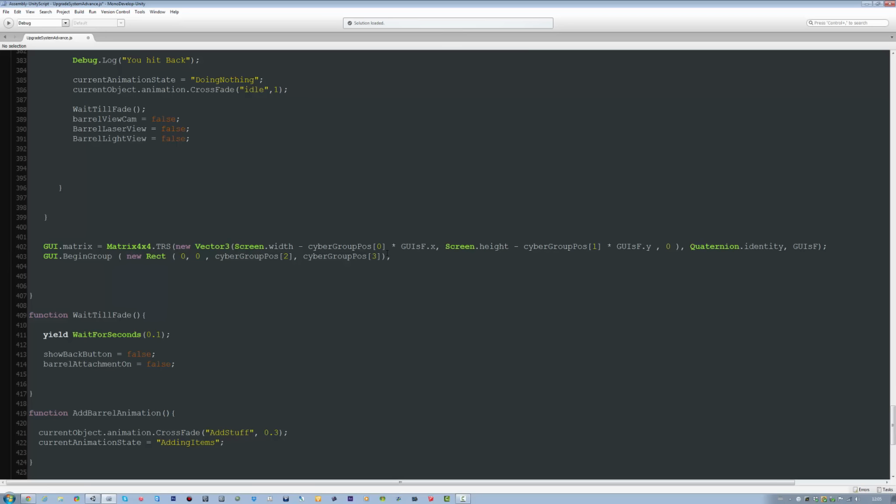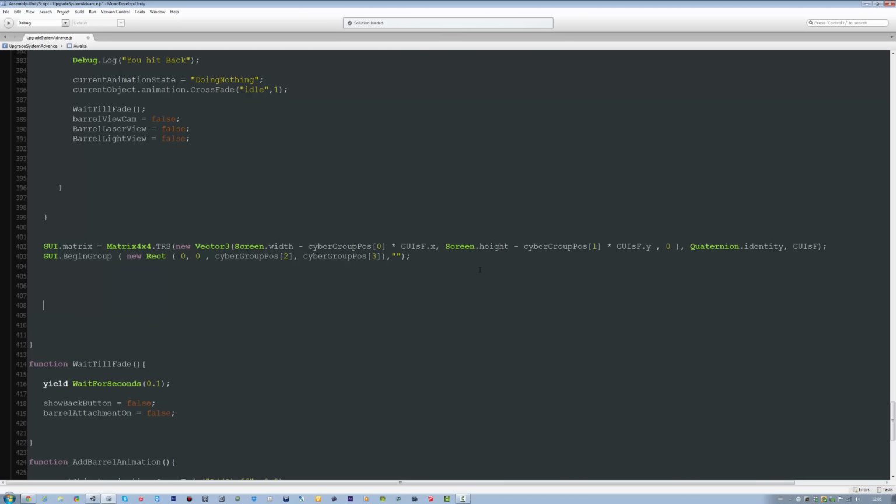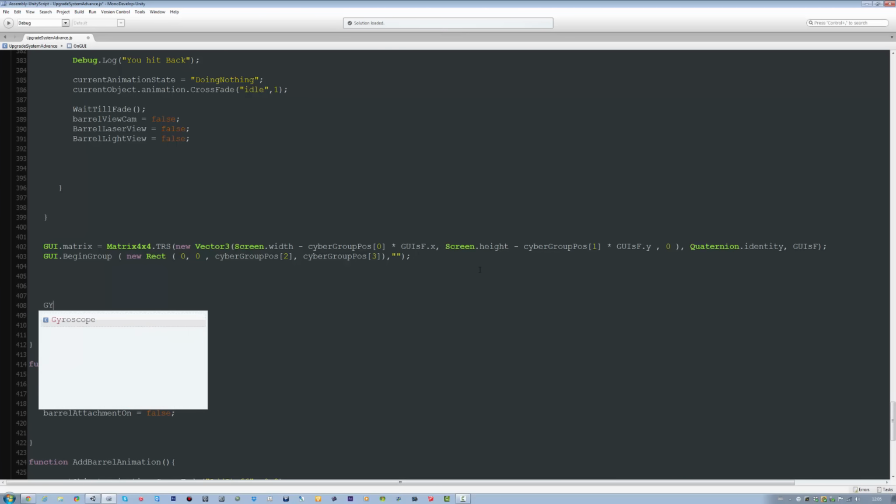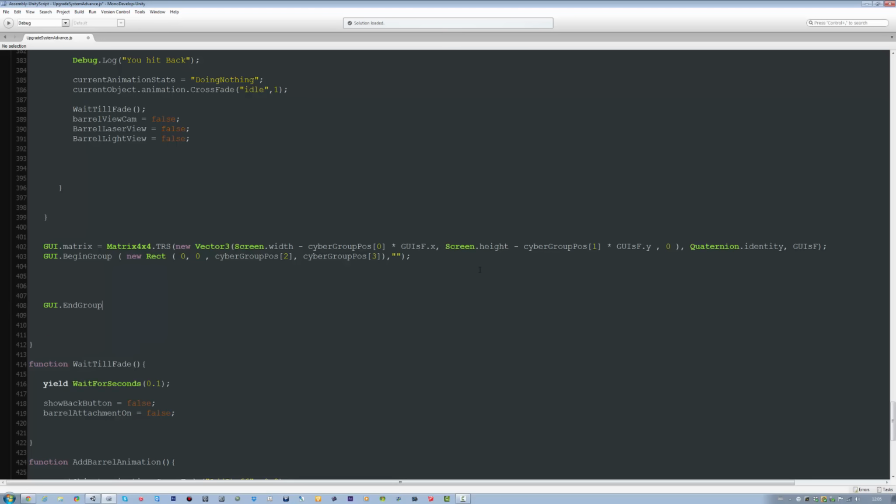Do we need a skin for this one? No. Comma, 2 speech marks and closing semicolon. That should make the group, and I'm gonna end the group down here. GUI.EndGroup();